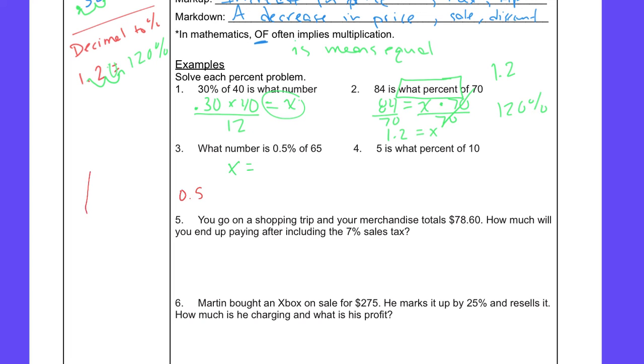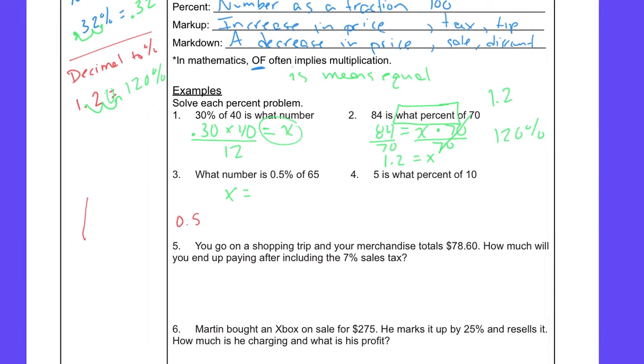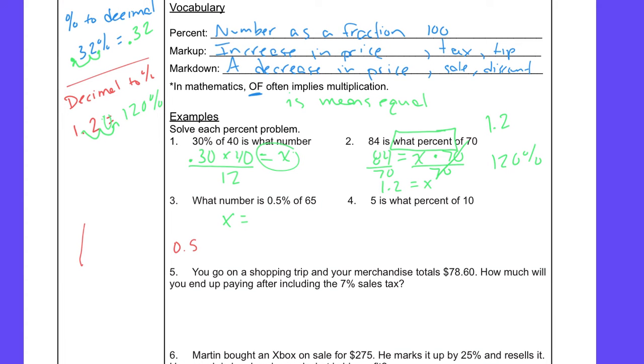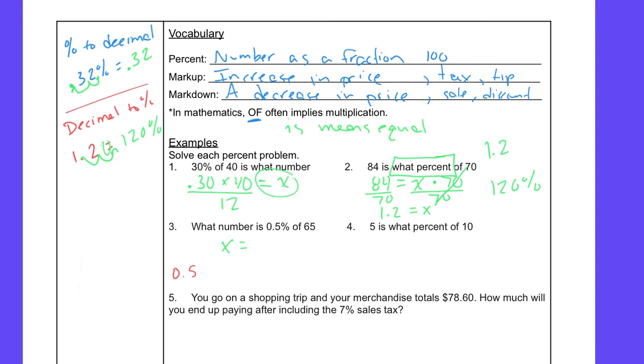So we showed in our work up above that if I want to turn a percent into a decimal, we're going to move the decimal left 2 spots. So I'm going to move my decimal left 2 spots, add a 0 for a placeholder, so I get 0.005. So 0.5% is